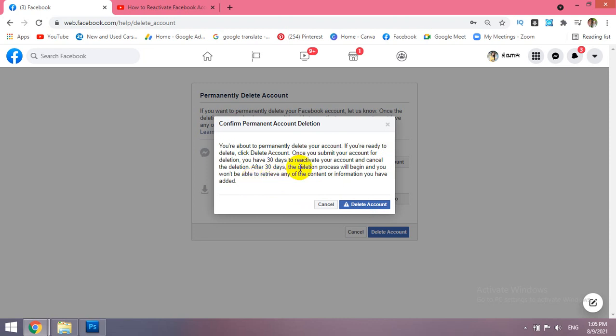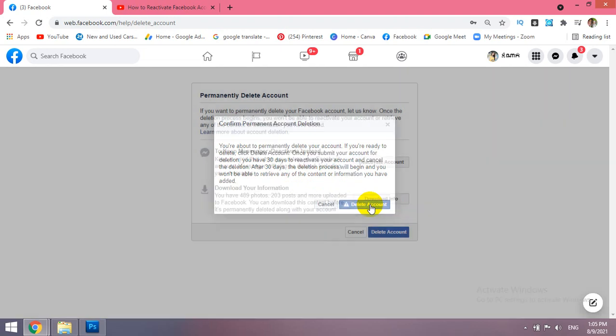It means you have 30 more days to think about your account and make a final decision. Sometimes you say, oh, I want to use the account again, and you can come back and log in again. But right now just click delete like this one,